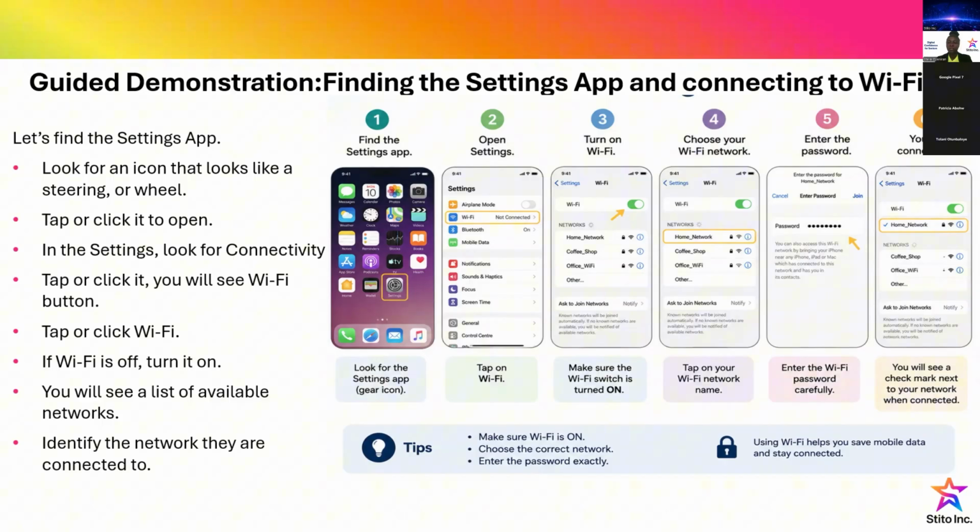And one of it is looking for Wi-Fi. When you see the Wi-Fi, it looks like a gear button, like a gear. So that's the icon. That's how it looks. When you find that, you can click on it. When you tap on it or click on it, you will see the network you are on, if it is connected. If it is not connected, just click on it to turn it on.